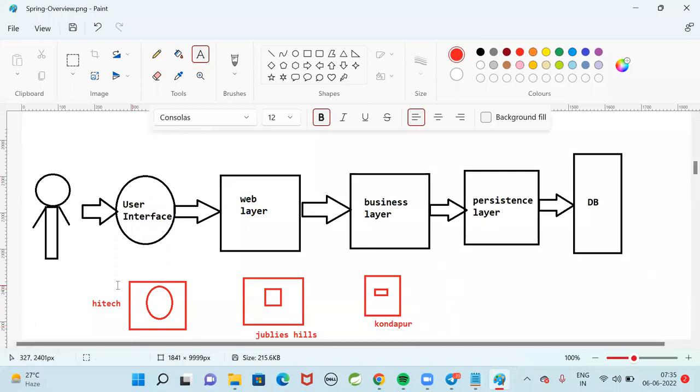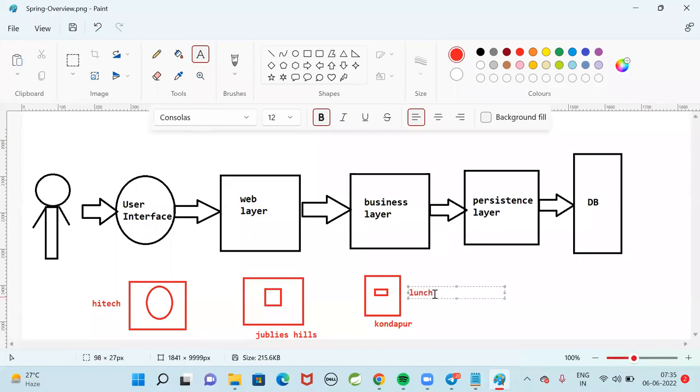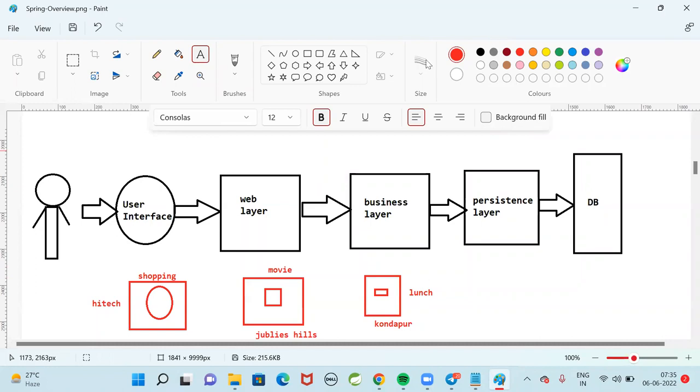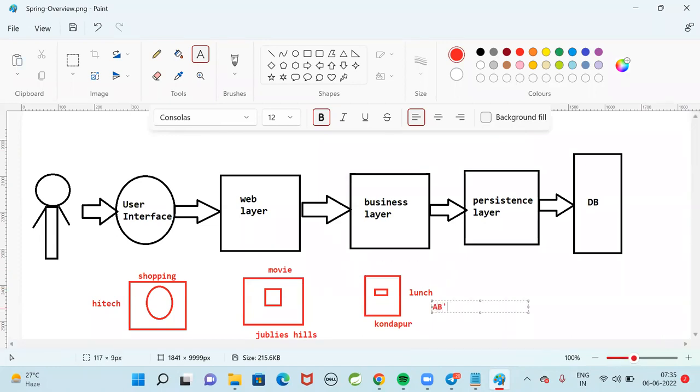So what is the problem if you go to three areas like this? Time waste or not? For lunch you want to go to one restaurant in Kondapur, Absolute Barbecue, AB's Absolute Barbecue.